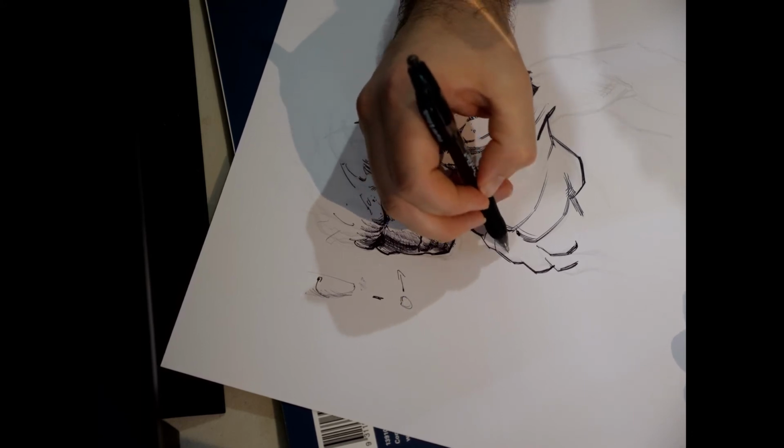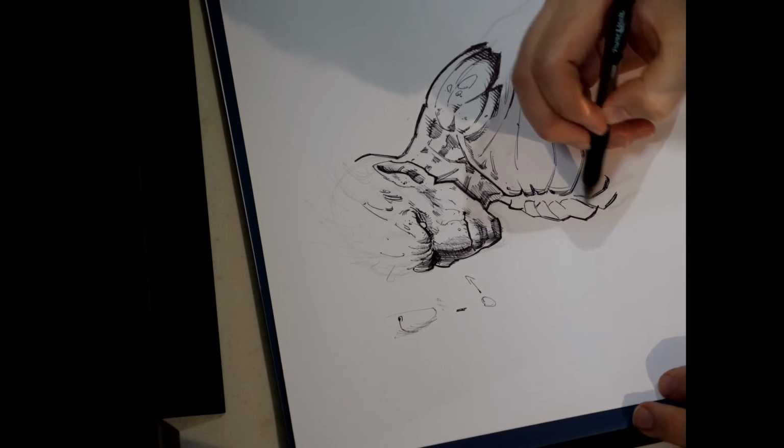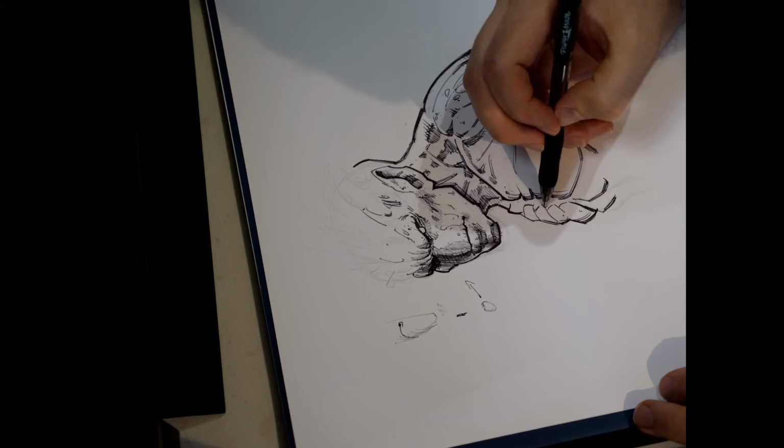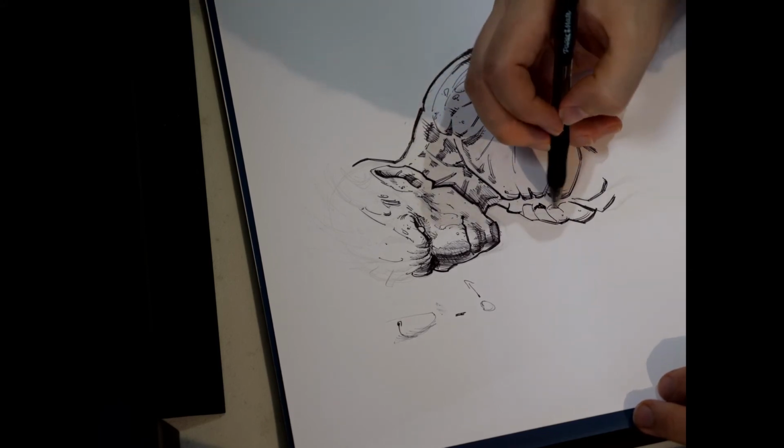Like, if you're going for production quality art, that's probably a different thing you want to do. You probably want to make sure that that's actually accurate. But if it's just for home drawing, like a few more minutes and